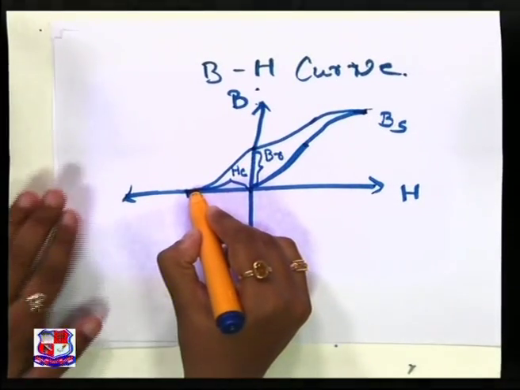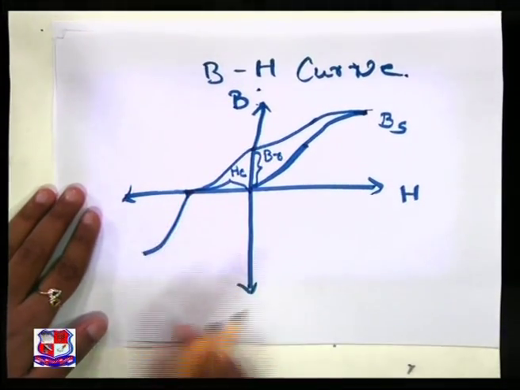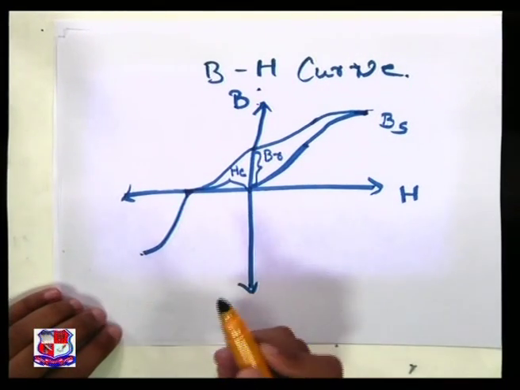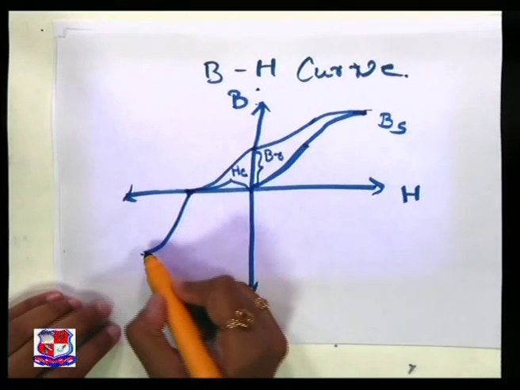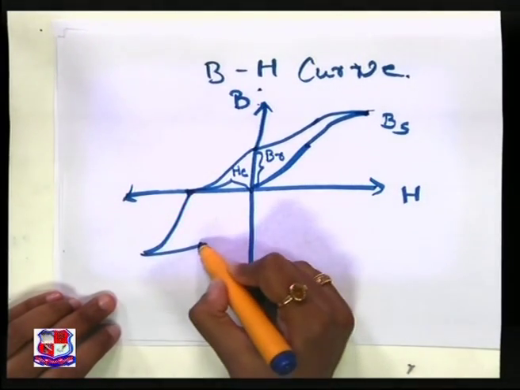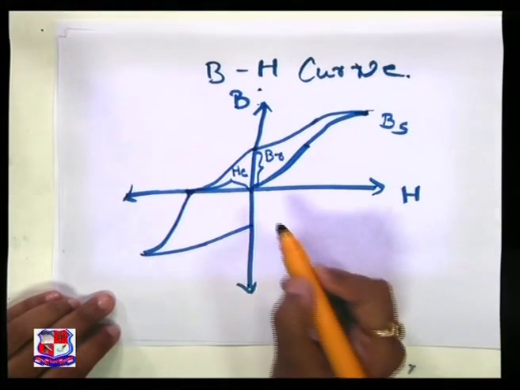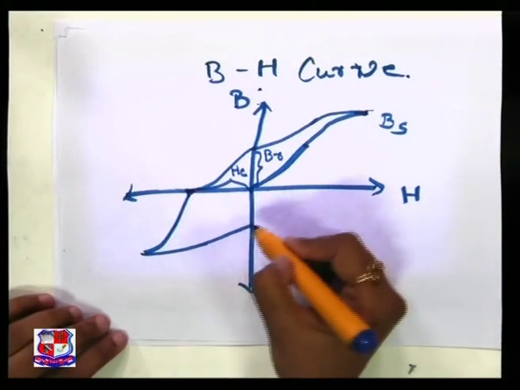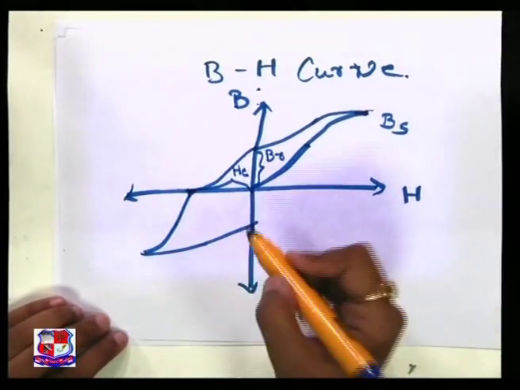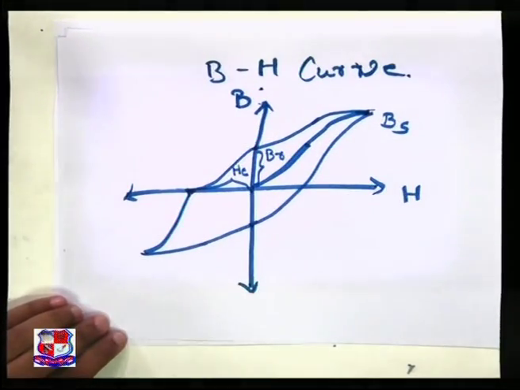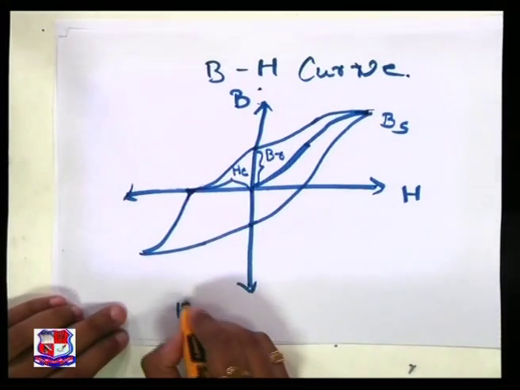With the further increase in H, the material is magnetized in the reverse direction, and again it will reach a saturation point. Again if I increase H, it will become 0 at a particular value of B, and again the cyclic variation process occurs, and one can reach the original point. So this loop is called the hysteresis loop